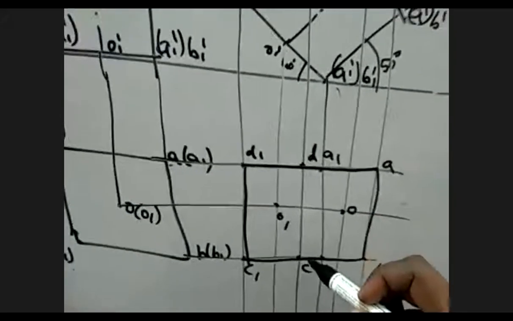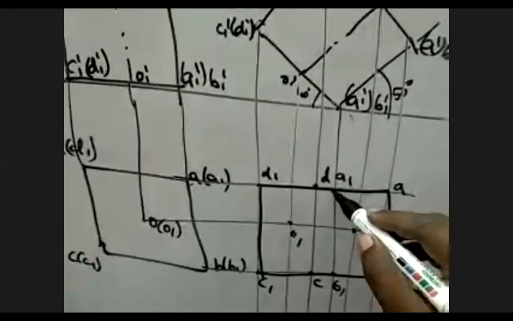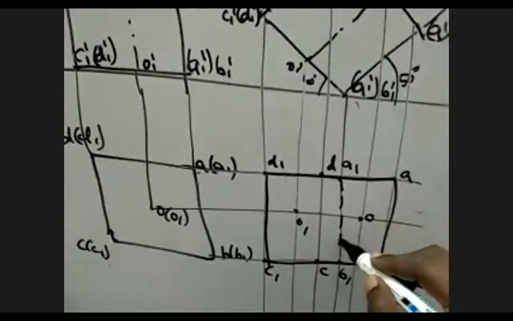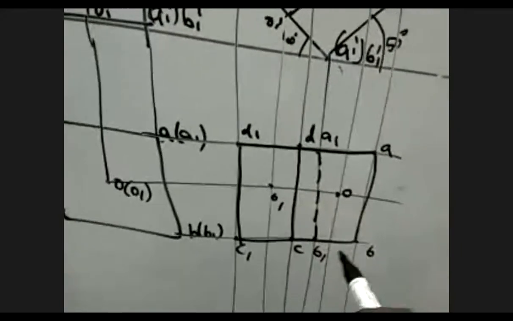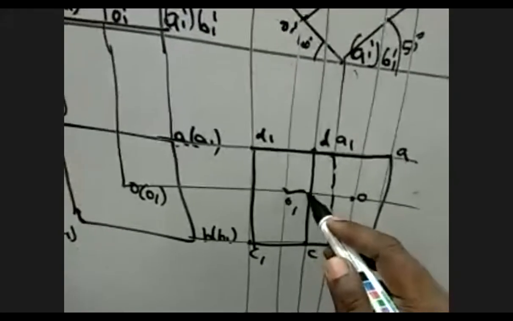Okay, which are the points you have not yet connected? It will be easy for you to understand. Which are all the lines you have not yet touched? You have not drawn the A1 to B1 line, and you have not drawn the DC line. Where is A1 B1? It is on the XY line, so A1 B1 is dotted. DC is far away from the XY line, so the DC line should be drawn down. I've drawn it down. And then D to D1 line is there, A to A1 is there, B to B1 is there, C to C1 is there, and O to O1 is a chain line, long dash, short dash.